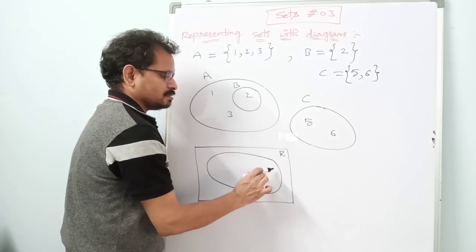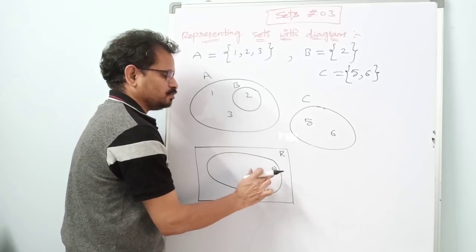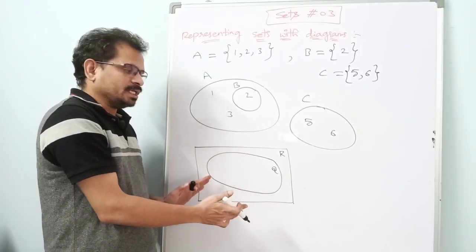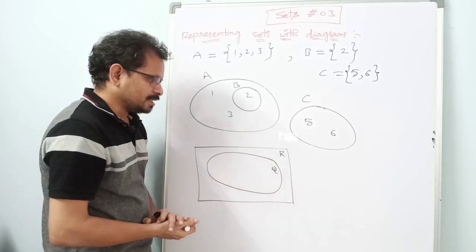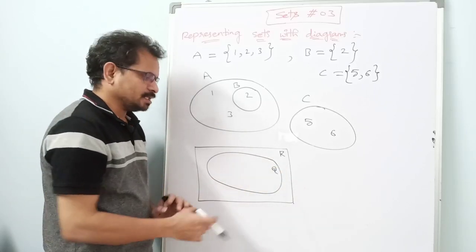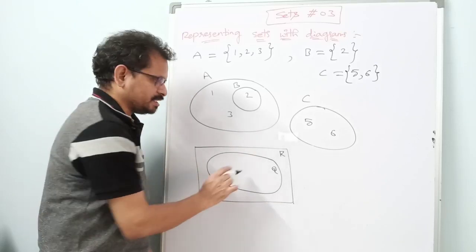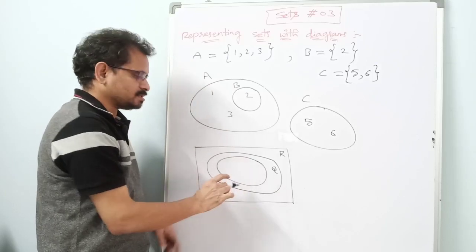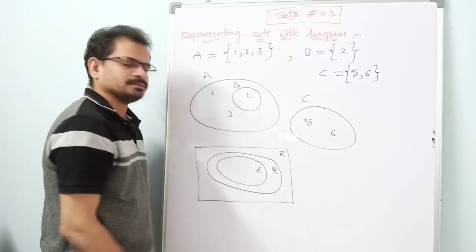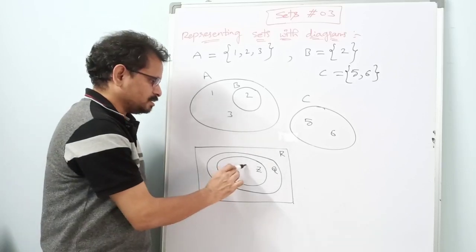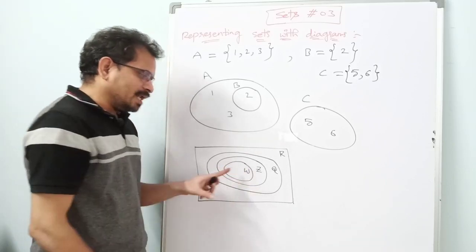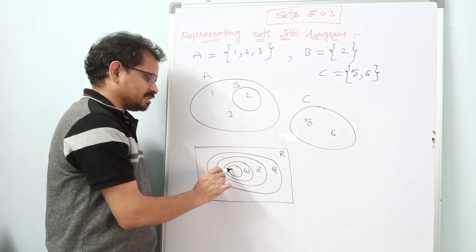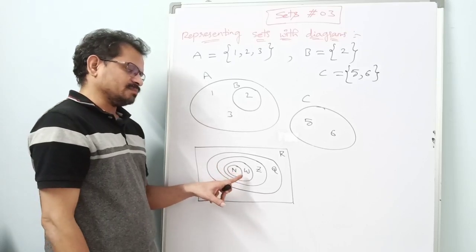One subset is rational numbers Q. Rational numbers Q is a subset of real numbers. Next, integers. Shall we take integers? Integers is a subset of rational numbers or not? Yes. So, we can write like this. Integers is a subset of rational numbers. Next, whole numbers. Yes. Whole numbers is a subset of integers. Next, we can take natural numbers N. See, natural numbers N is a subset of whole numbers.